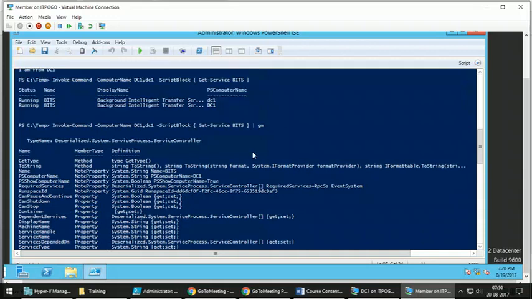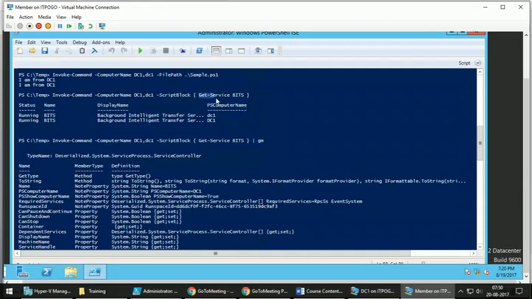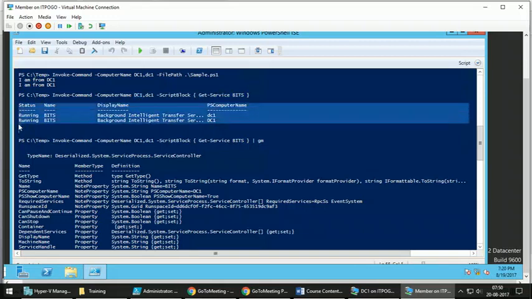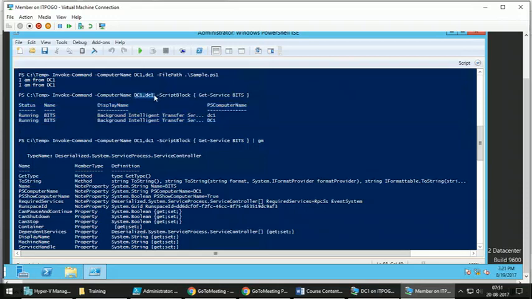See, when I'm running this command get service against a remote computer, I am able to see the status of those services, whether it is running or whatever. So this output that I see on my computer, this output is coming from the remote machines, these two remote machines, right?